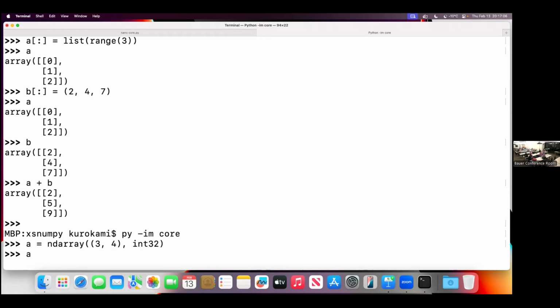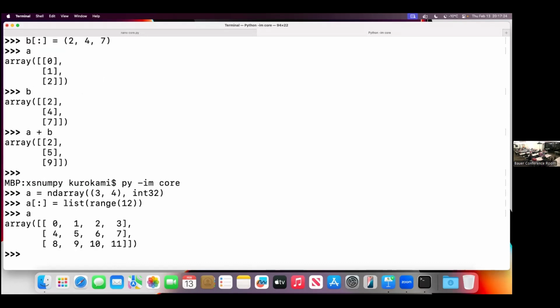So it's 3 times 4, that's 12. I can take 12 values, so I can give 12 values here. I'll just do a list of 12. Okay, these are the 12 values. So 3 times 4, and when I do a.reshape,